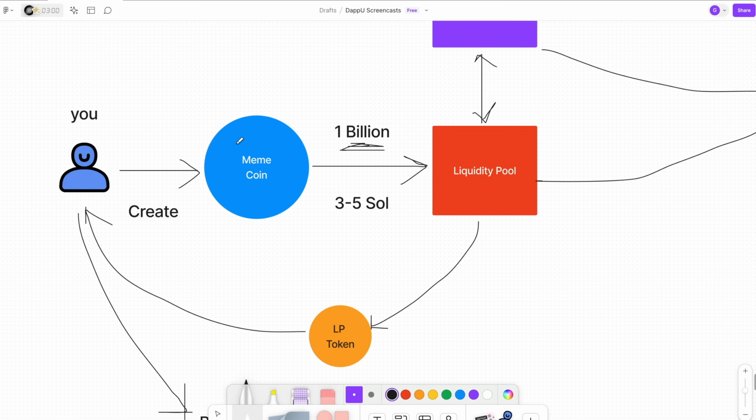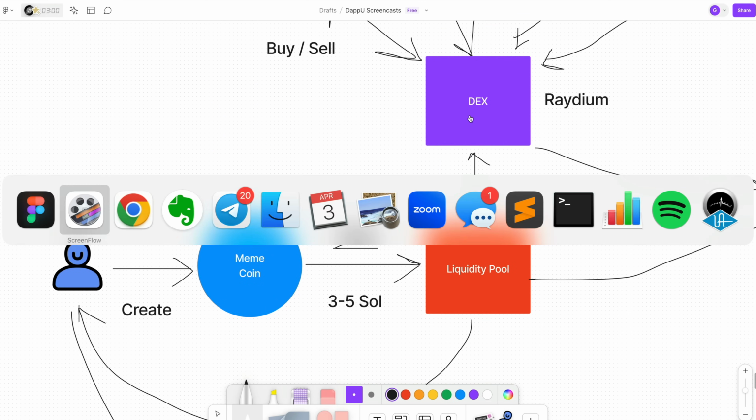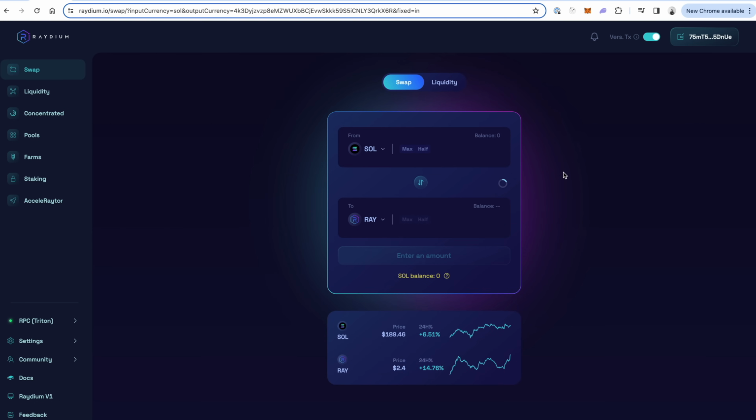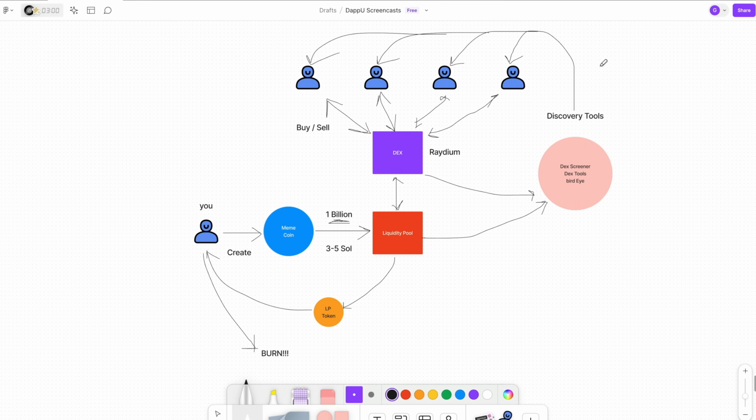Now, once you have created the coin and it's in your wallet, you need it to get trading on a website like Raydium, okay? So the good news is once it's launched in the blockchain, it can be added to any decentralized exchange. Now, how do you actually get it to trade on Raydium? Well, Raydium is powered by these things called liquidity pools, okay? So basically, whenever people are buying and selling, these are traders up here on the DEX, Raydium, it's talking to a liquidity pool.